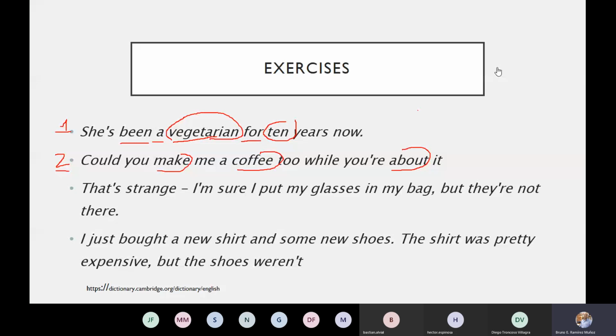Okay, let's take up the first part. I just bought a new shirt and some new shoes. Both strong. "Bought" is strong because it's a verb. "New" is strong because it's an adjective. New again, that is my other question. If new is repeated but it's an adjective, do we have to use the strong form for both new?